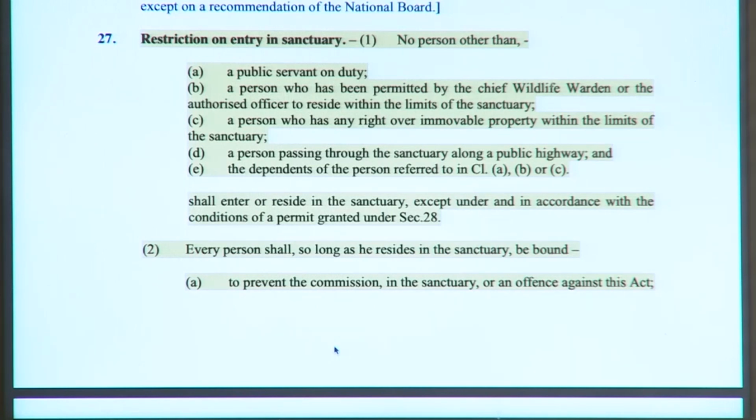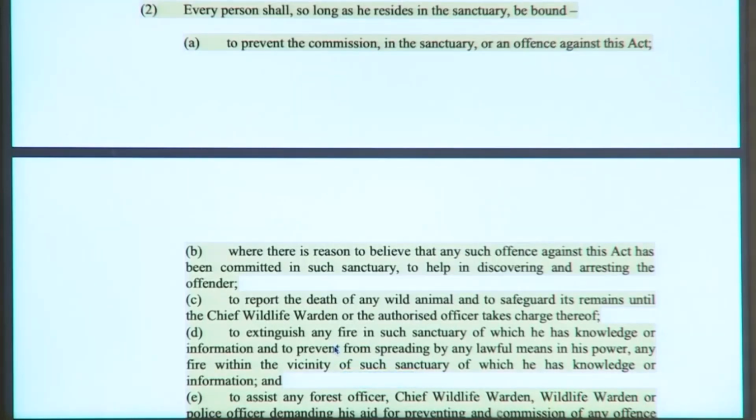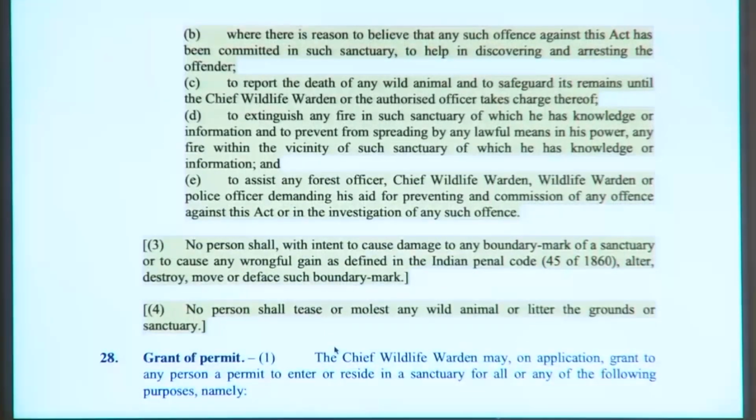So, it is now restricting the entry and residence of people inside the sanctuary, and every person shall, so long as he resides in the sanctuary, be bound to prevent the commission in the sanctuary of an offence against this Act, where there is reason to believe that any such offence against this Act has been committed in such sanctuary, to help in discovering and arresting the offender, to report the death of any wild animal and to safeguard its